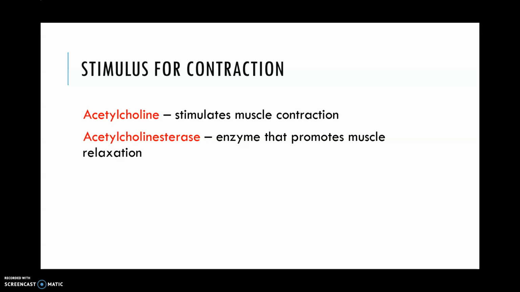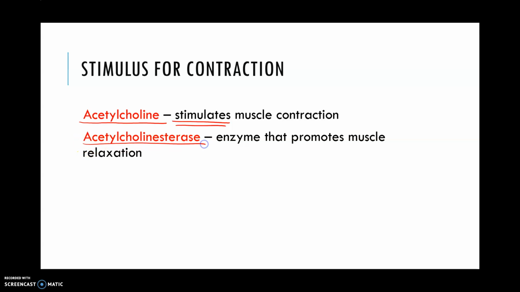Since we have a contraction, we're going to talk about some of the stimulus we need for contractions. With our neuromuscular junction, we get that signal that tells us, okay, we're going to contract our muscles now. Some of these chemicals that we're going to see, the first one is called acetylcholine. That's going to be one of those neurotransmitters being sent to tell us that we're going to contract muscles now. So that's going to stimulate our contraction. And then